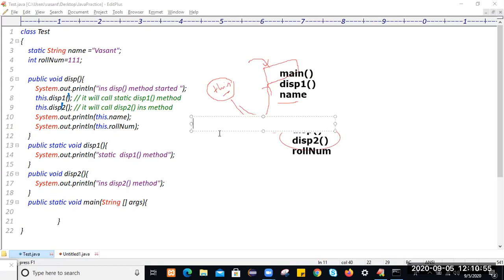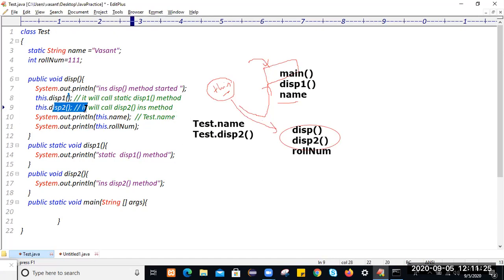Whatever variable you have accessed by using this keyword, whatever method you have called by using this keyword, which was static, will automatically convert into class name dot variable name as well as class name dot method name. Like that, they will get called. This is called conversion. Here an internal operation will happen. Name is the static variable, so conversion will take place. What is the class name? Test dot variable name. As well as when you call this method, this one method is static, so here also conversion will take place: class name dot method name.